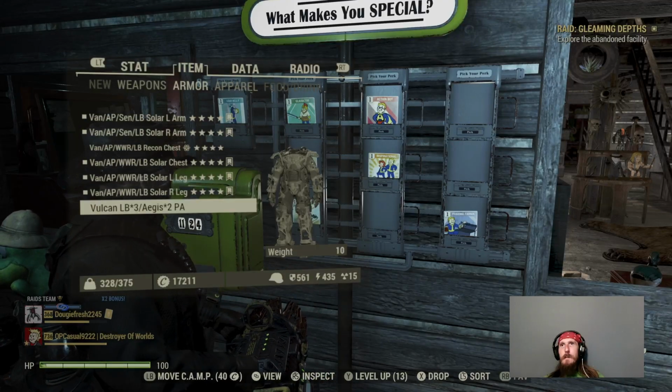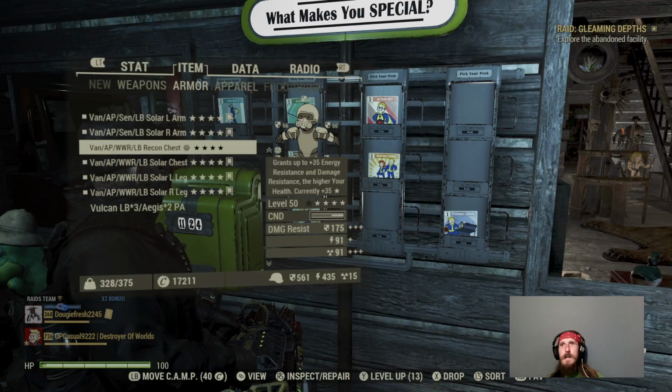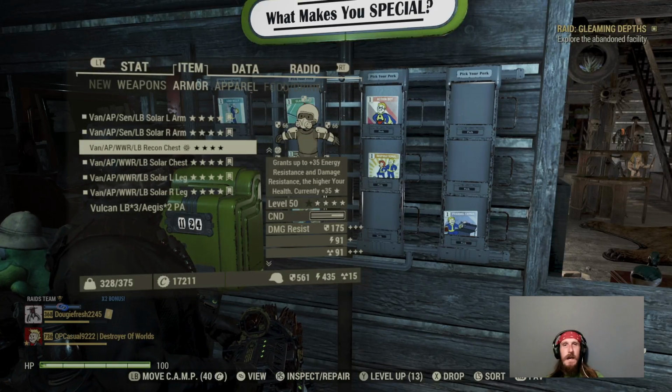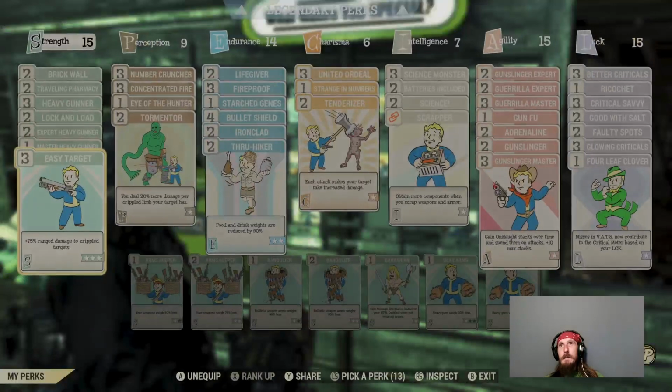Armor, I have a full set of solar armor, and I also have a second chest piece, Brotherhood Recon, with a jetpack. So if I have a situation where I need to use a jetpack, I can. And then if you do need to utilize a jetpack,